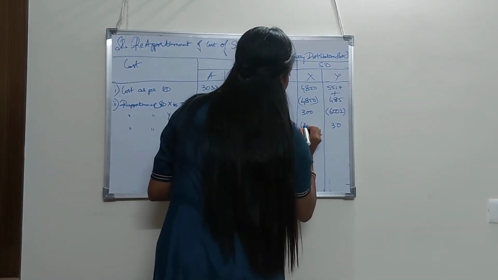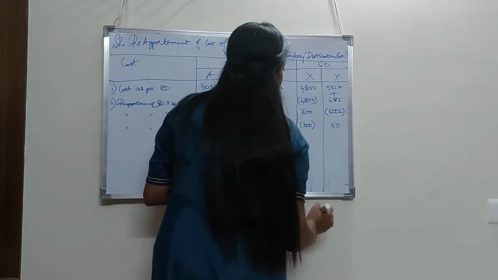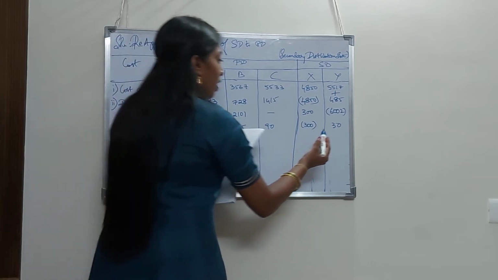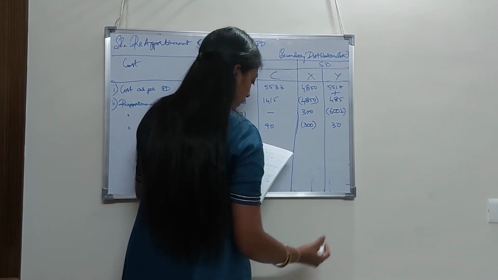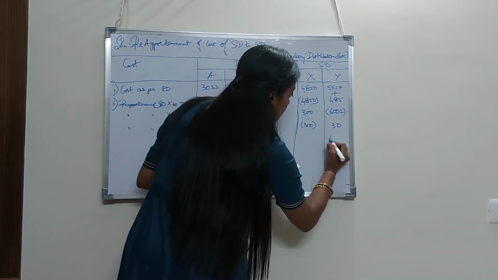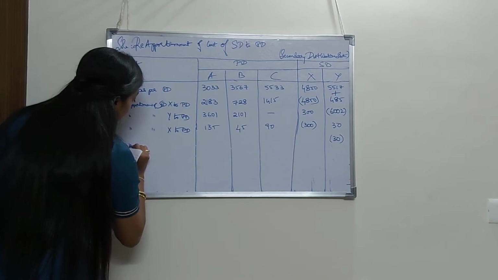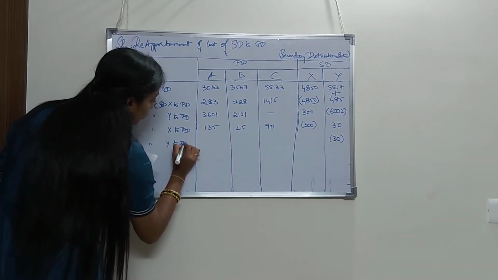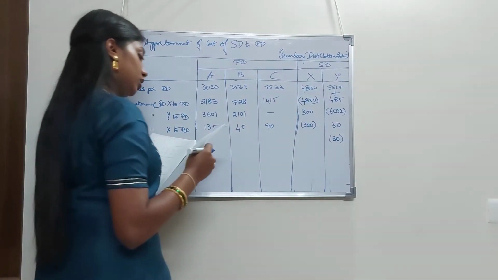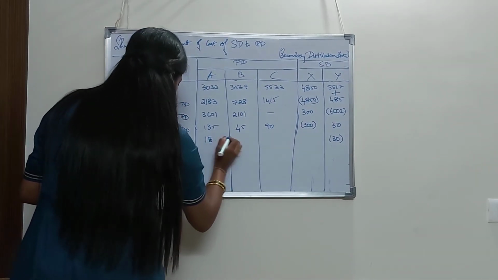And I am negating 300 in service department X. Now again 30 is pending in service department Y. So in the next step this 30 has to be again distributed. So reapportionment of service department Y to production departments. So 30 I am going to allocate it, and it is 18, 11